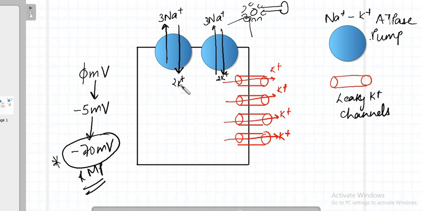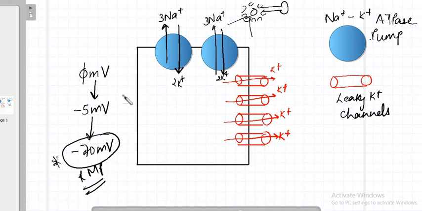So that means 3 positive ions have moved out, and in return only 2 have come inside. Still one gap is there. One positive ion is not there. So that means inside you have fewer positive ions in comparison to outside. That is making inside slightly negative, say -5 millivolts. It's not making the inside of the cell membrane significantly negative, but yes, it is contributing.